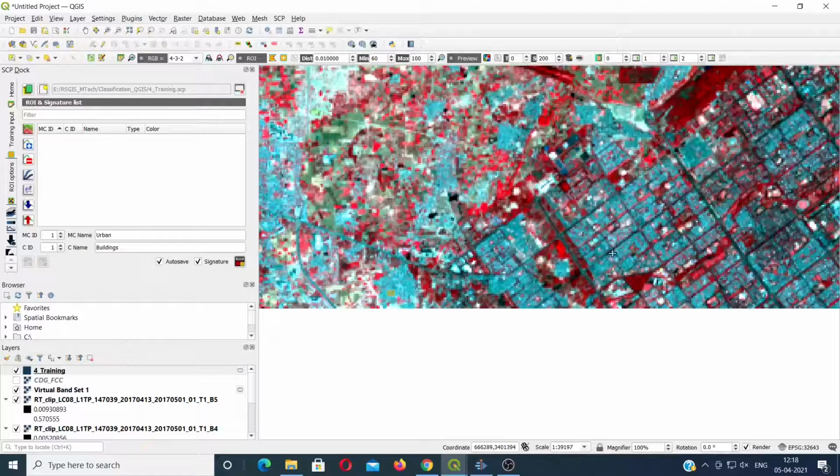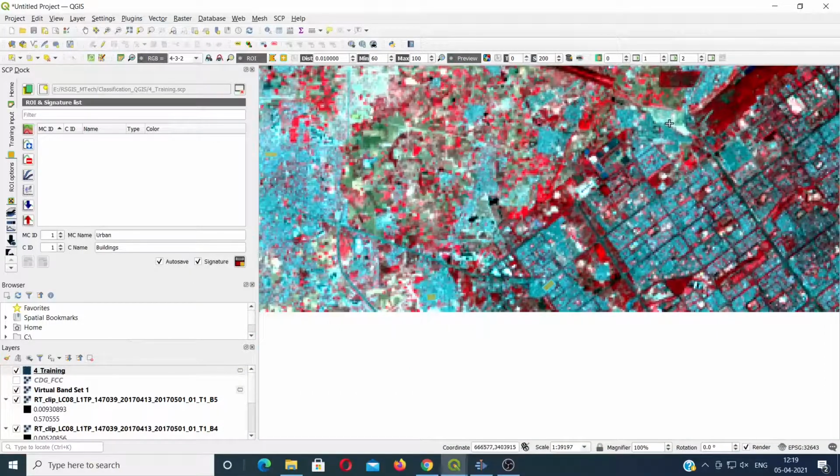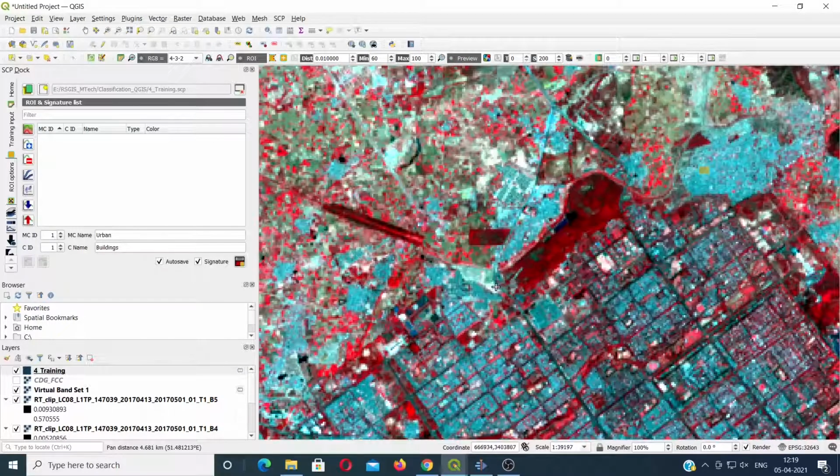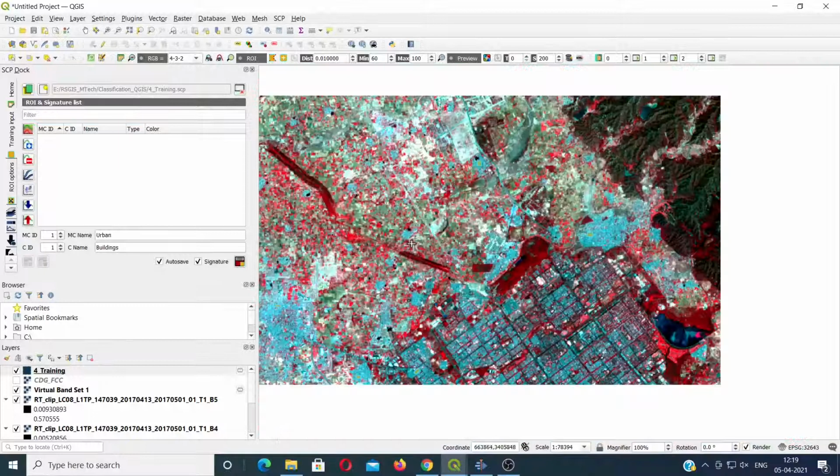So basically I am trying to digitize at least some 6 to 8 signatures, but ideally speaking you can use a larger number of signatures for that particular area. So for buildings I have taken at least 6 signatures.